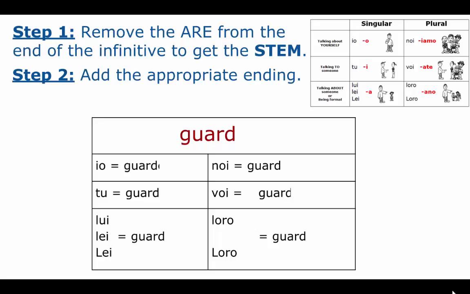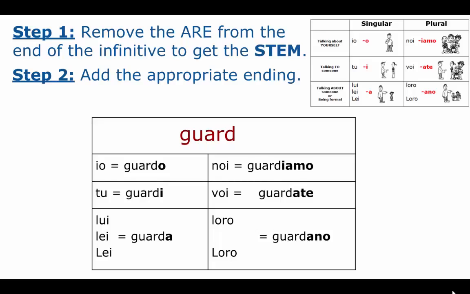So now we can put that into all of our conjugation boxes, because that's where we're going to start from. Then the second step is to add the appropriate ending. So as we discussed, the io ending is o, tu, i, lui, lei, a, noi, iamo, voi, ate, loro, ano. So when you add steps 1 and 2 together, the conjugation of the verb guardare is guardo, guardi, guarda, guardiamo,